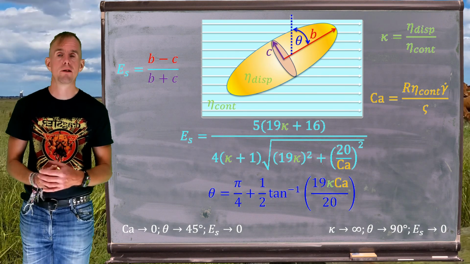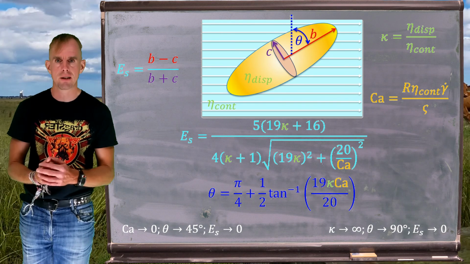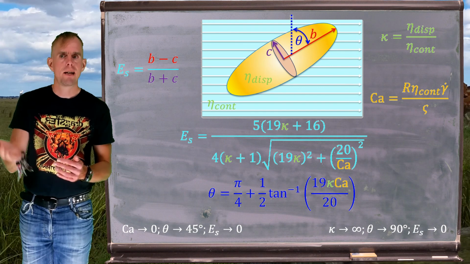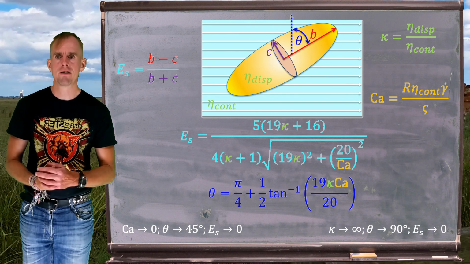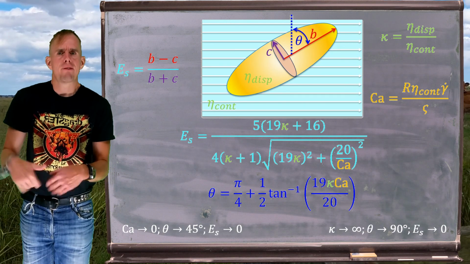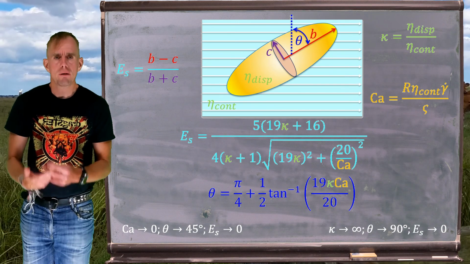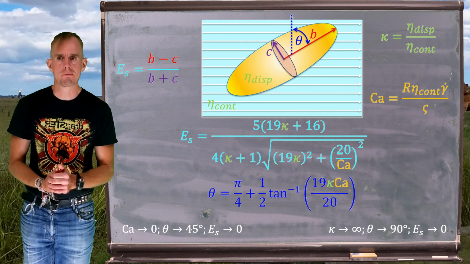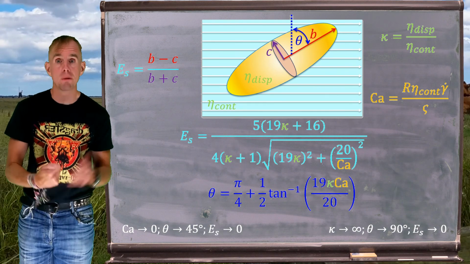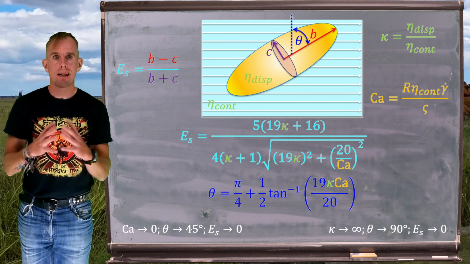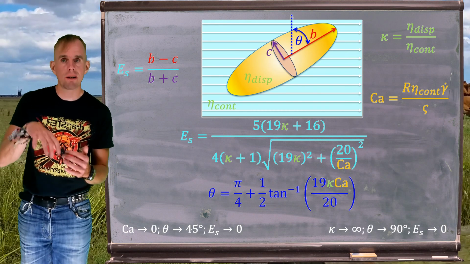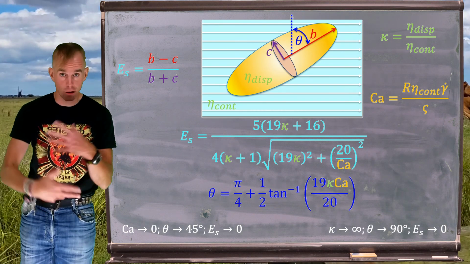Another limit we can examine is what happens if the viscosity ratio tends to infinity. Kappa tending to infinity means my disperse phase viscosity is much greater than my continuous phase viscosity. If we think in analogue what a very high disperse phase viscosity looks like, we're approaching suspension behaviour. The discrete entity is more and more solid-like, i.e. non-deformable. So again, my ellipticity E_S is spherical. It tends to 0. My orientation angle is 90 degrees, but again, because we've got a spherical droplet, we can't